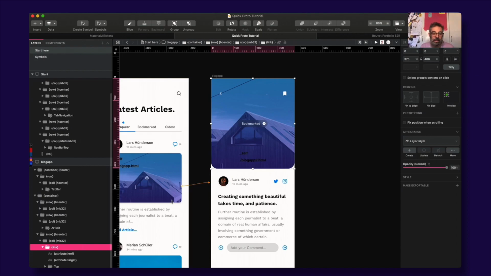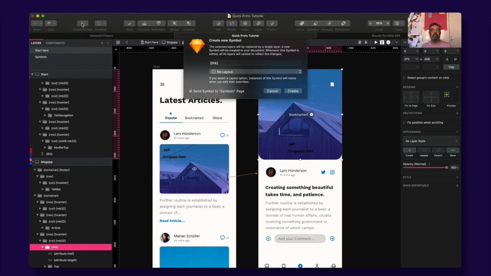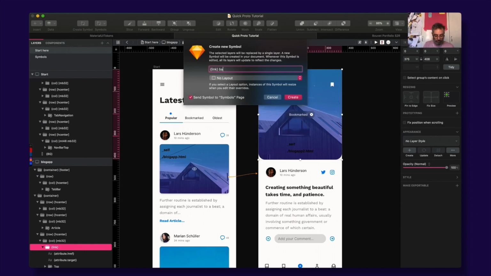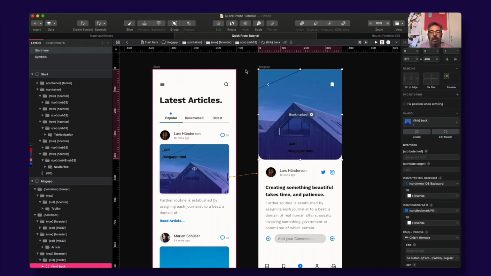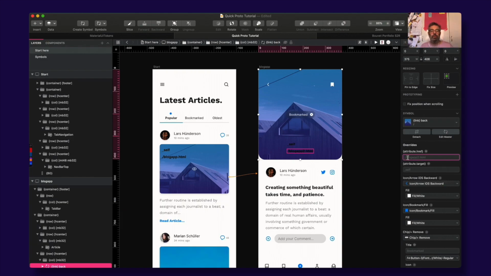So next you need to make a symbol of this. We are here at this level, create symbol, and we can call this one link back because we have only two link components right now, like that. And now we are going here in the attribute thing, and we input. You can see that it says point and /blog app. So we want to reference this to the first page, and actually this one is the index page,